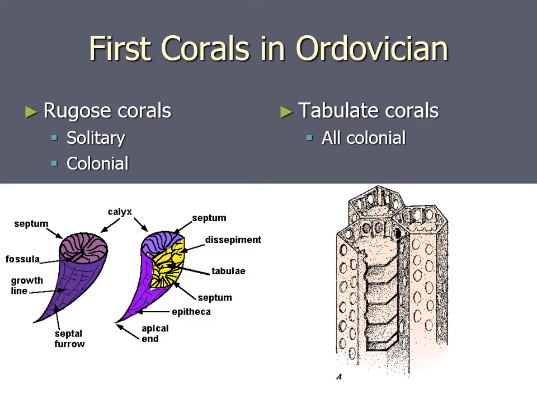Corals also were around in the Ordovician, some of our first corals, and you might have been scuba diving or snorkeling in a coral reef before, and I guarantee the corals you looked at in that reef are not the kinds that we had in the Ordovician. We have 2 major groups of corals in the Ordovician, the Rugosa and the Tabulates, and these are all now extinct. The corals that you see alive today are a separate group known as scleractinians. They don't evolve for hundreds of millions of years after these.